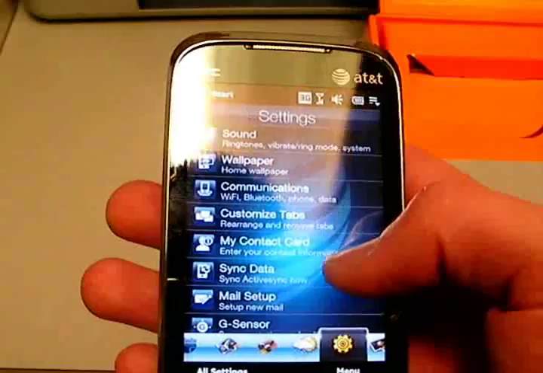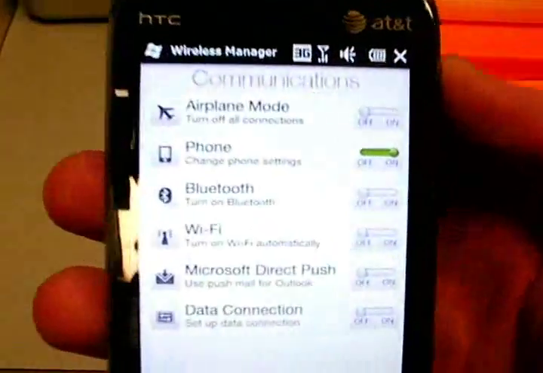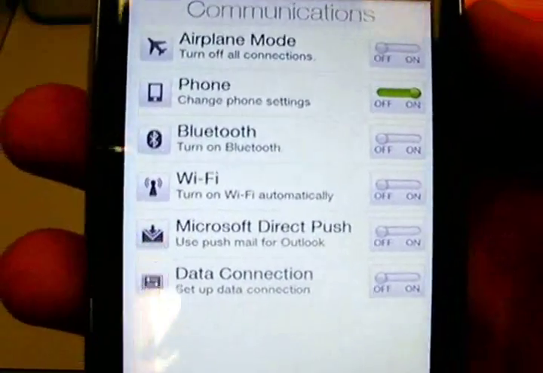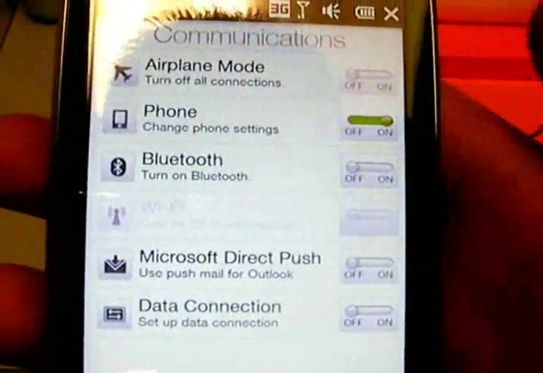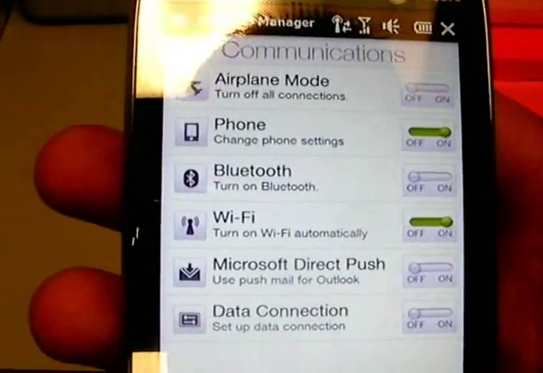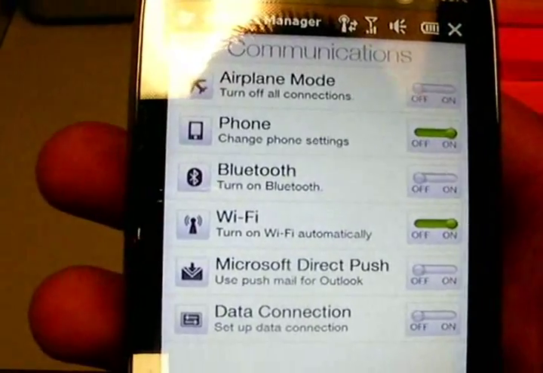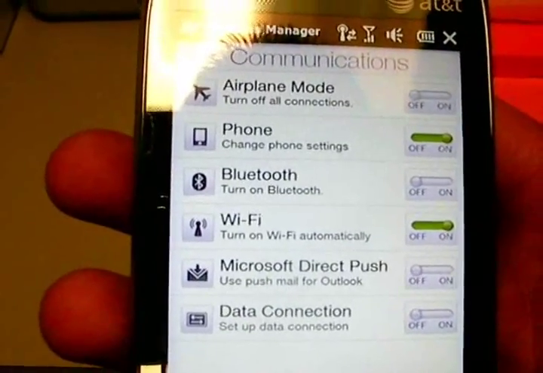To change, let's say if you want to turn the Wi-Fi on, let's go to communications and see if I get a better view here. And turn the Wi-Fi on, you select that. And we'll try to connect to whatever it finds. Right now it's just got my profile saved on it,